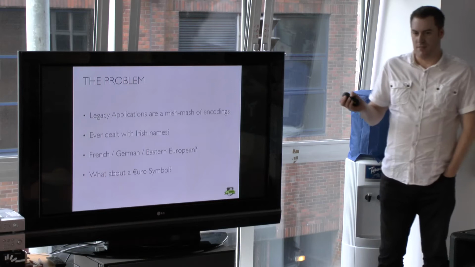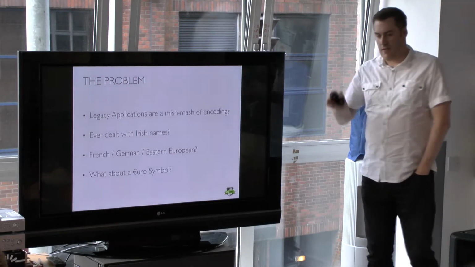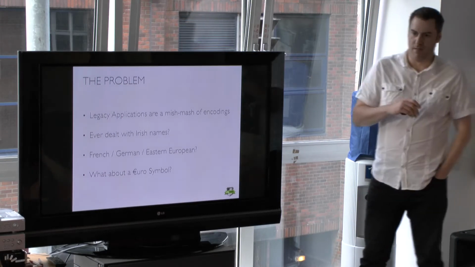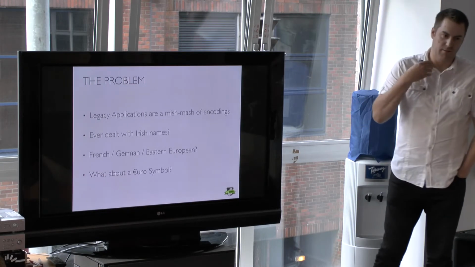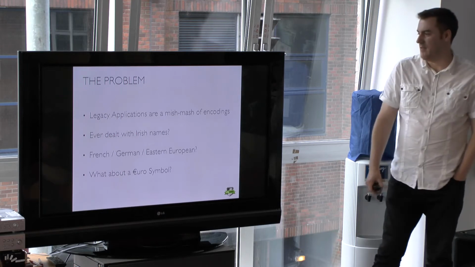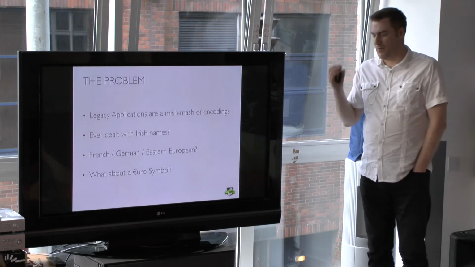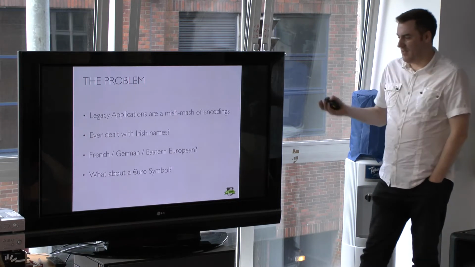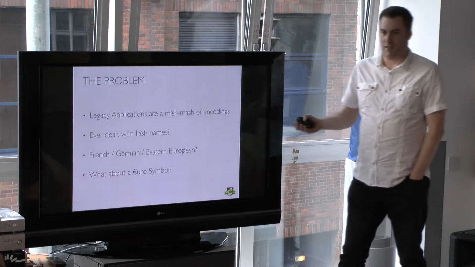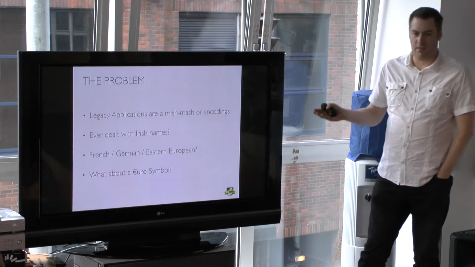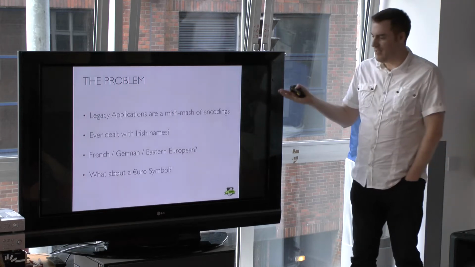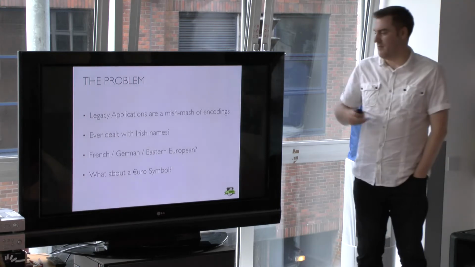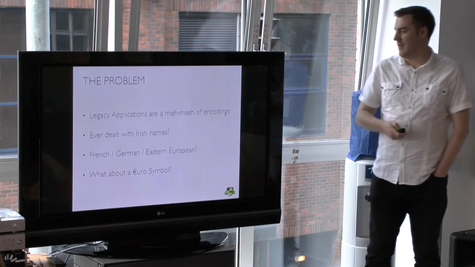aren't always containing a standard unified character encoding system. The data may have come from all sorts of remote sources. Lots of different people might have worked on the files, and lots of people might have set up the databases and the data tables differently. If you've ever had to work with a system containing maybe Irish names, place names, people names, French, German, Eastern European characters, or even a Euro symbol, chances are at some point you thought you put the data in right, you can see it, and then when you bring it out in the front end, all you see is a question mark or a diamond or a square or something like that. That's because the character encoding hasn't been standardized